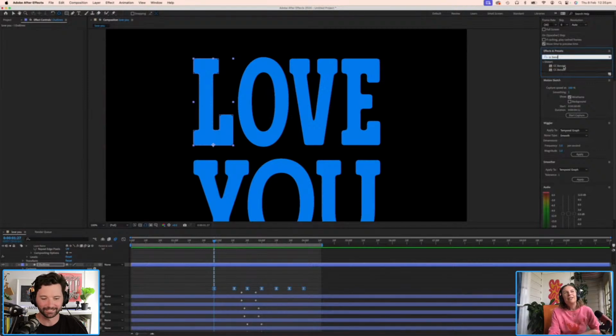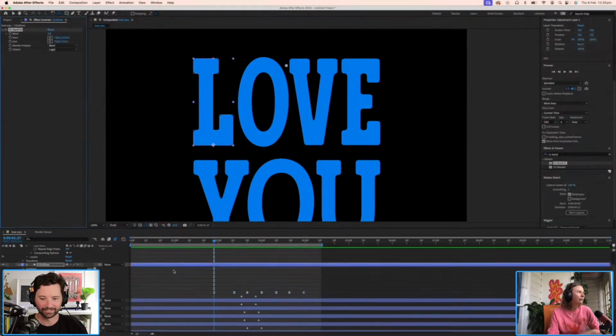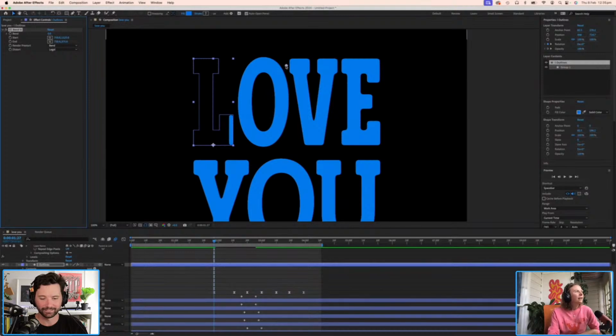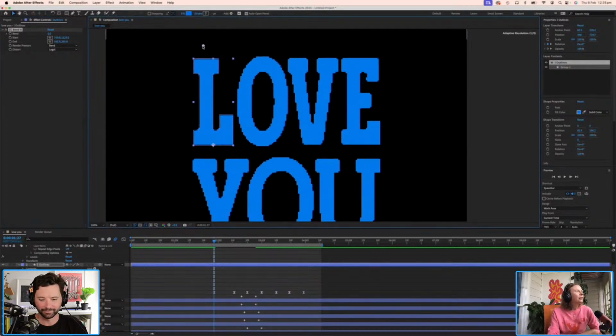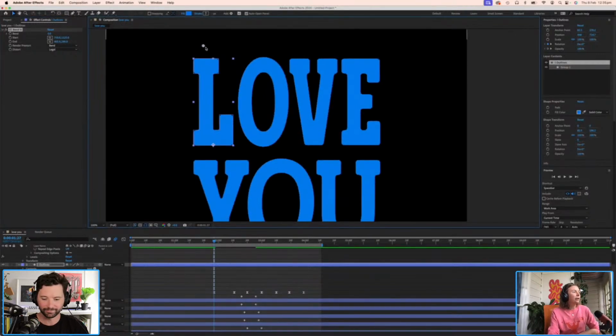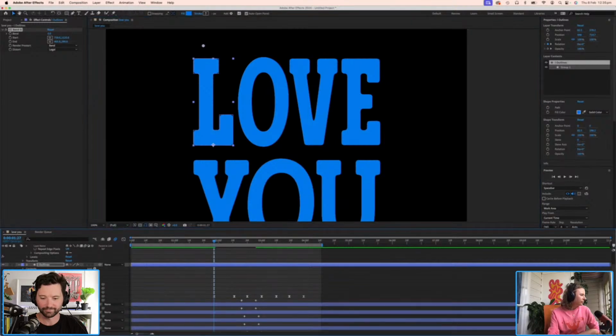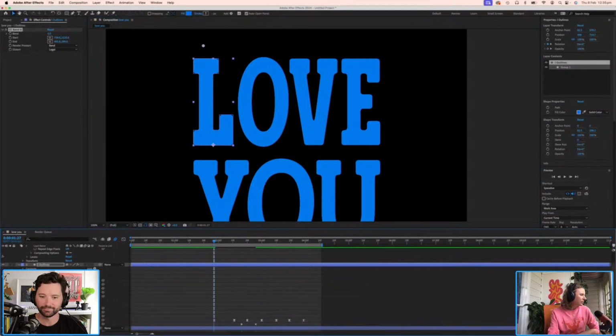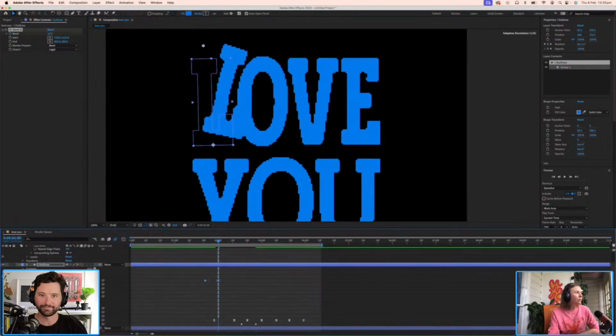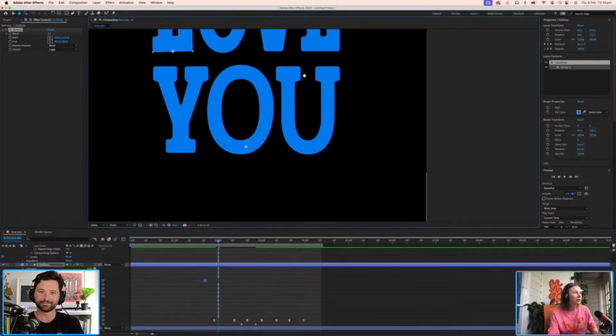Yeah, so the CC Bend It tool, let's just chuck it on this layer so we can have a look at how it works. I haven't used this for a little while, so please forgive me. Where is our center point?